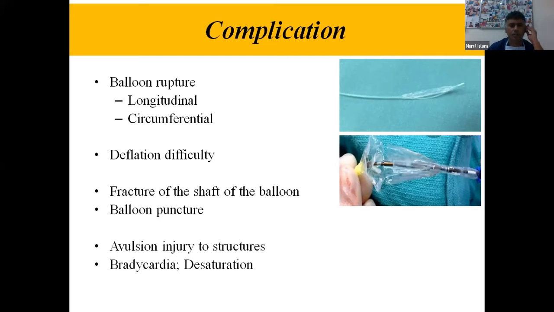There's a longitudinal rupture, which is not much problematic. If you are careful, you can take the balloon completely out. It can be circumferential, which is a little bit tricky and can create a problem, because the distal part of the ruptured balloon can evert like an umbrella, and it can be entrapped within the intracardiac structures or the vessel. So be very careful.